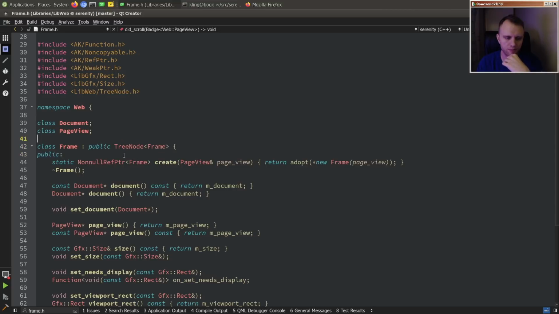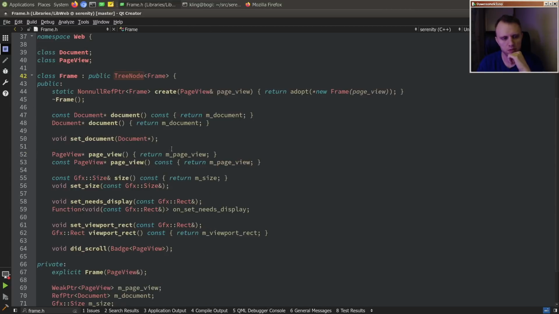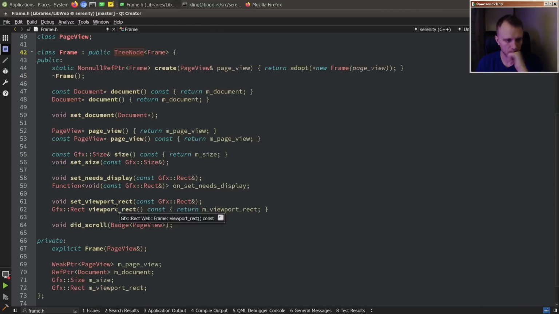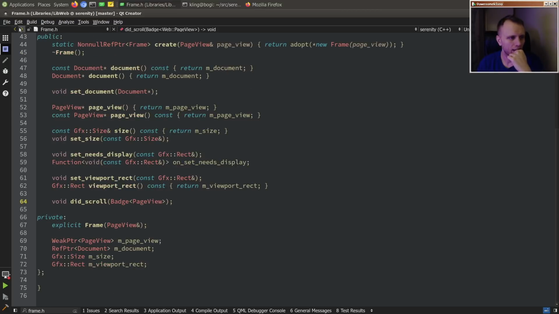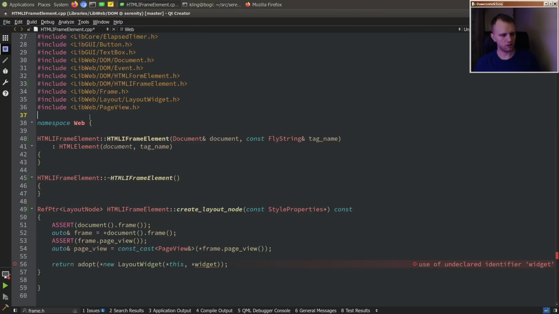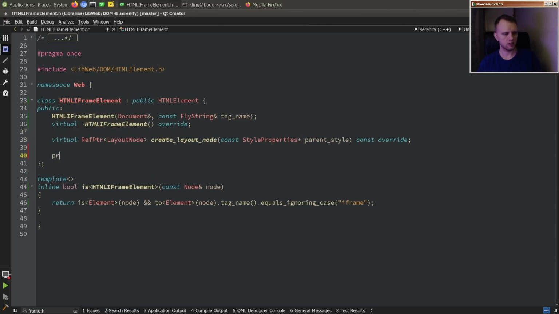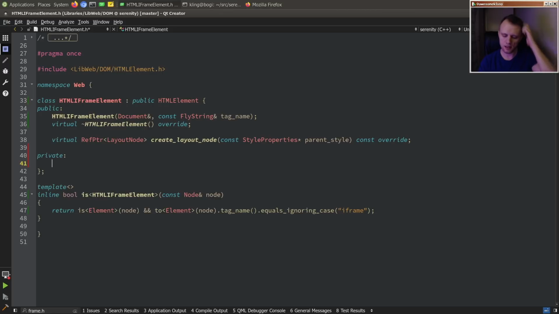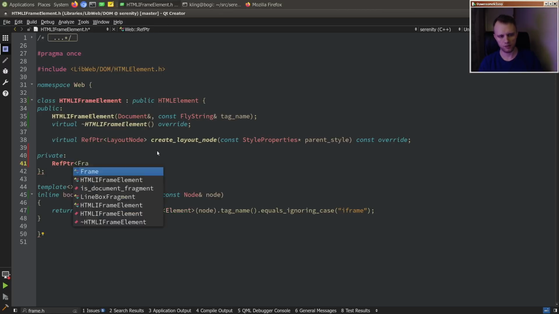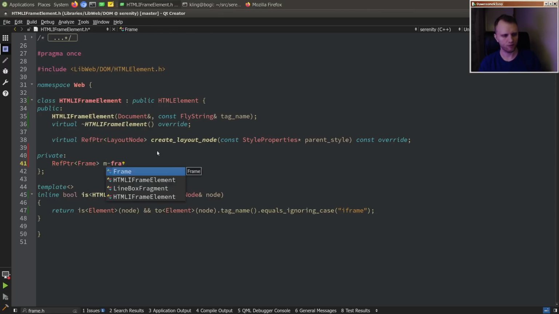It inherits from the tree node abstraction, and it's able to have children and parents and so on, or just one parent per frame. But anyway, I think to make that work, we're going to say that an iframe element optionally points to a frame,